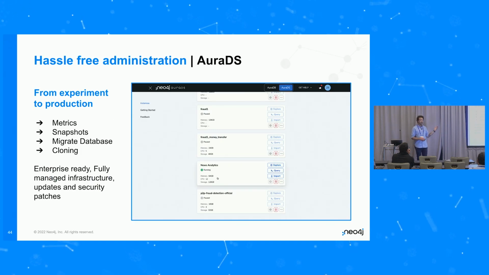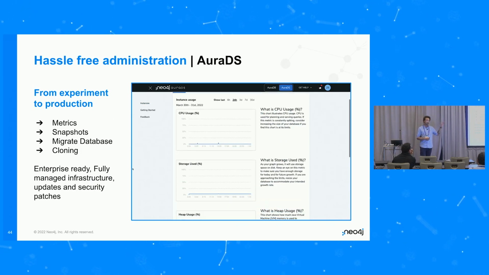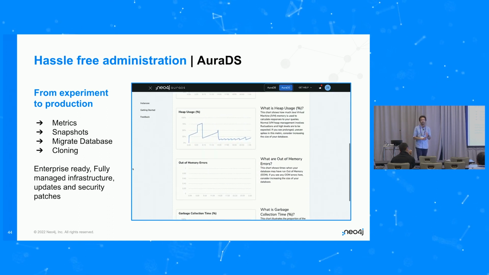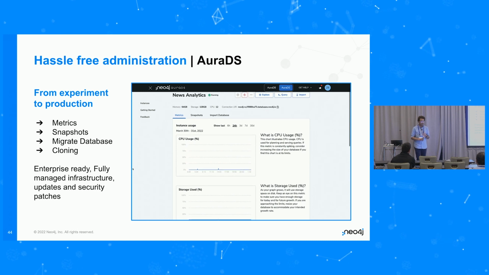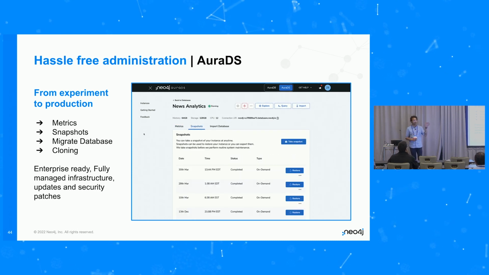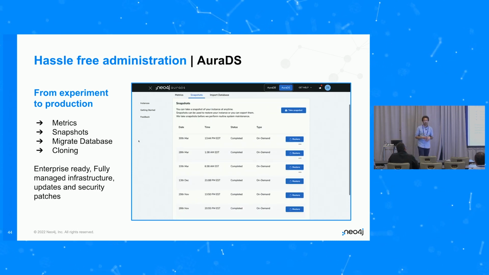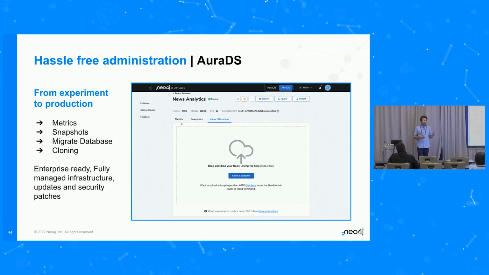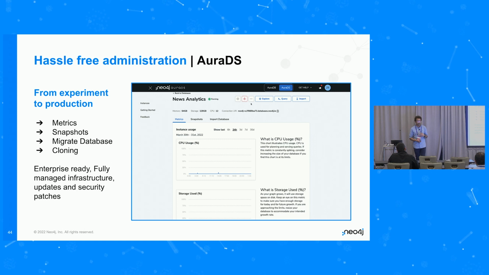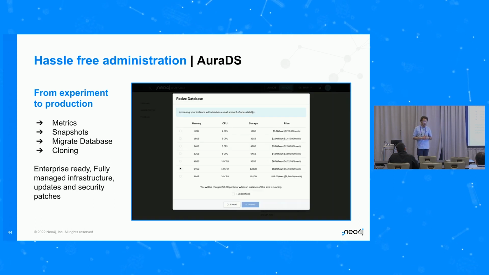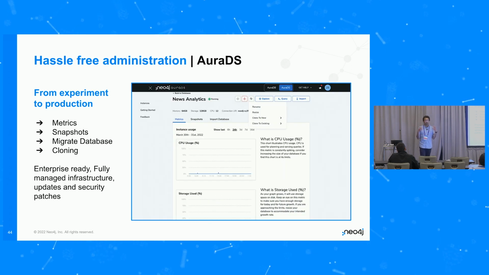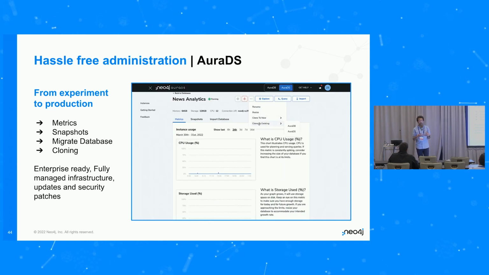So I mentioned hassle-free administration before. We give you all the metrics within AuraDS as well. So what's your instance doing? Is the heap growing? Are the CPUs screaming? What about snapshots? What happens if I want to take ad hoc backups on demand so that I can carry on and not have to worry about what's happening? You can migrate your databases instantly, and you can clone as well. And these are all enterprise-ready, fully managed instances, and we worry about the updates and the security patches for you, so